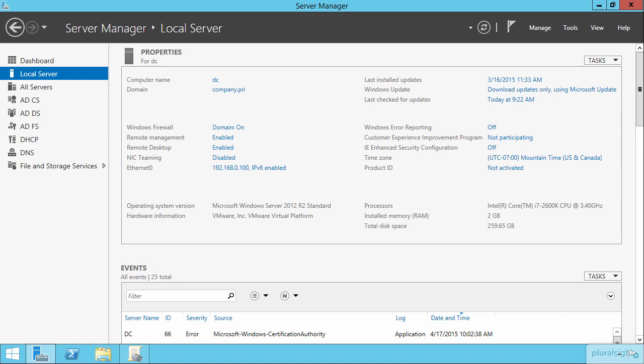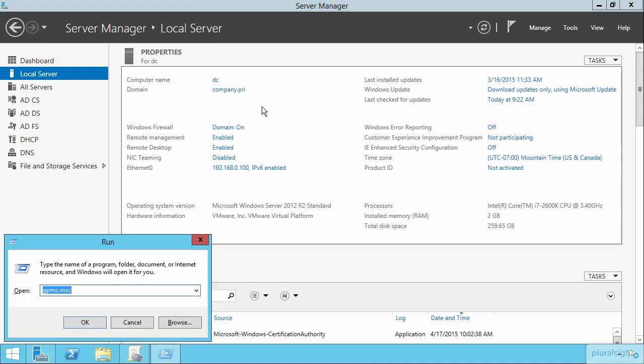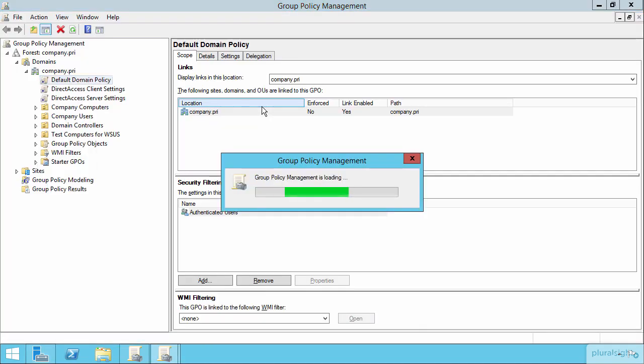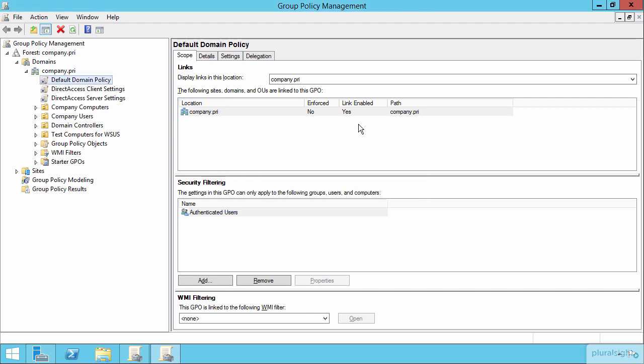So let's continue our review here of the Group Policy Management Console back on our computer dc.company.pri, where we want to take a look at the process of backing up, of importing, of copying, and also of restoring GPOs. And I really want to show you how this can be accomplished here in the GPMC. I also want to show you the 4 different equivalent commandlets in PowerShell that will allow you to do the same thing. Let's start first with just a review of the facts as it's associated with configuring settings here in